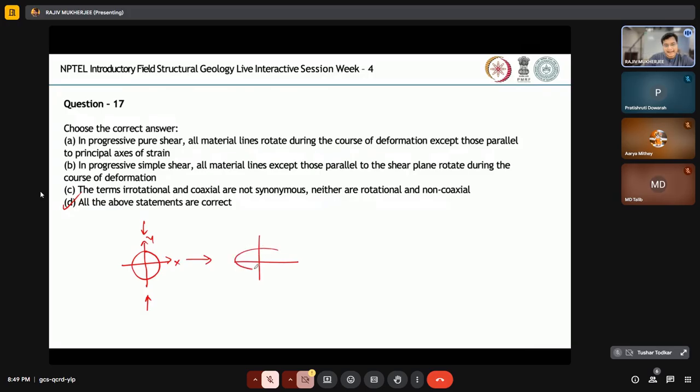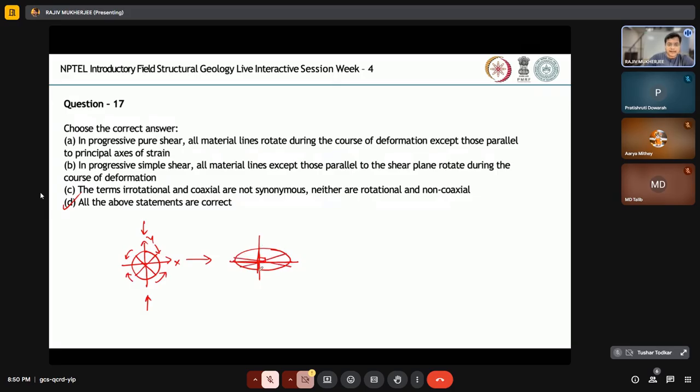It will be flattened out like this. So any line which was initially parallel to y and x will remain perpendicular to each other. But any other line, say for example, if I draw a line like this and this, because of this compression, these lines will rotate and they will eventually form like this,